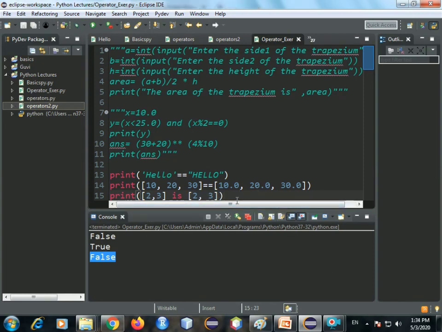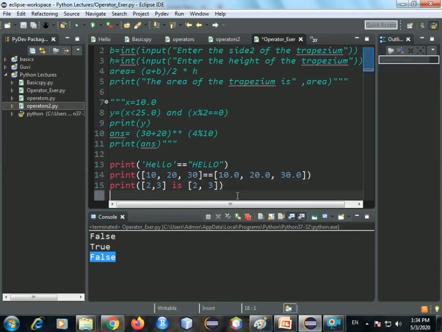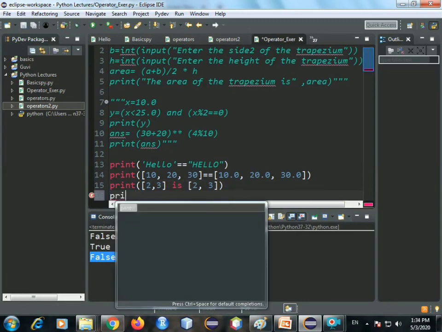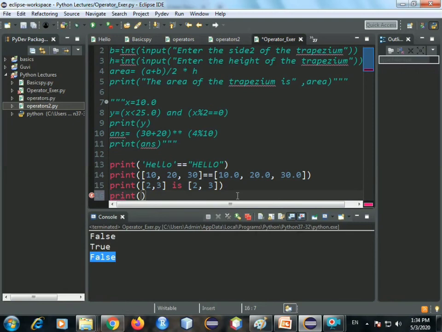Now let us try a membership operator. Okay, remember the membership operator in. Let's try that. Let's say print D in do a deer. I hope many of you all know this song. It's very famous.